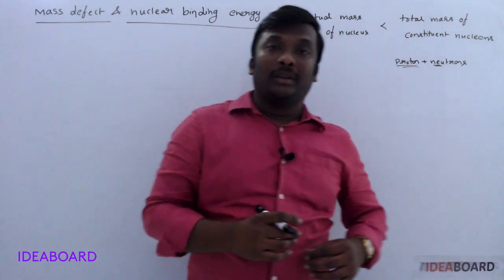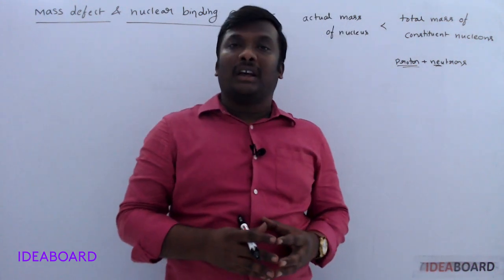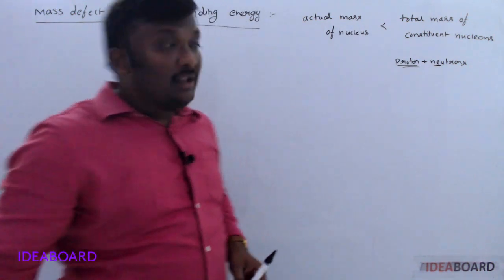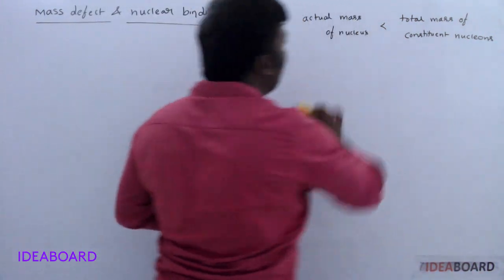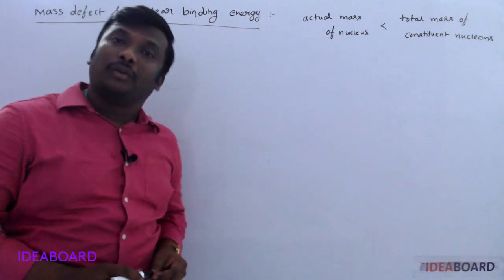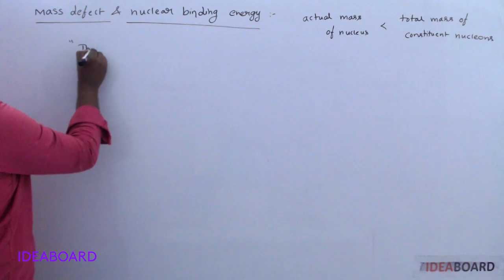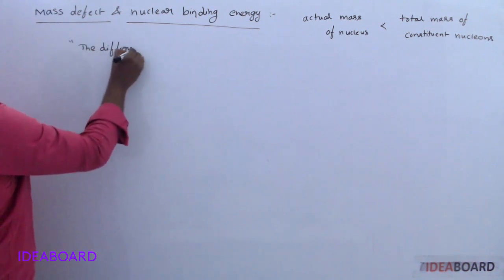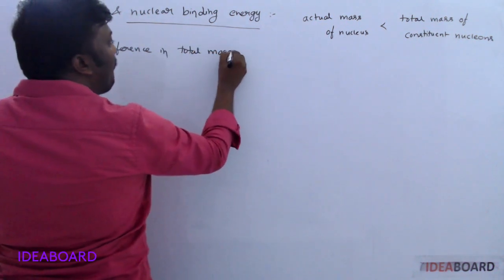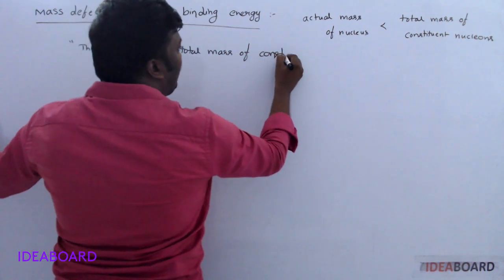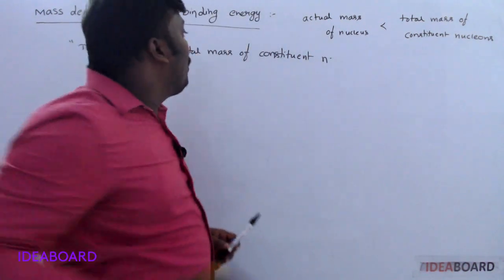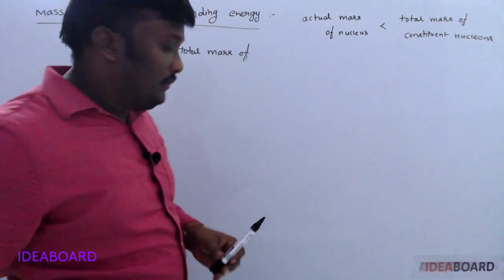So collectively named. Anywhere you are using the word nucleon, that refers to both protons and neutrons, not individuals. So they experimentally found that the actual mass of the nucleus is lesser than the total mass of the constituent nucleons. So the difference in the total mass of constituent nucleons, otherwise you may write the total mass of protons and neutrons also,